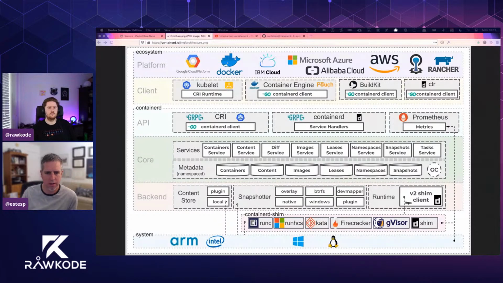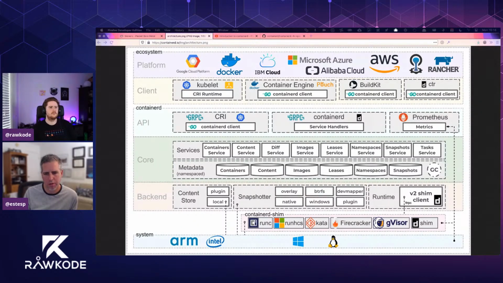So then Containerd has an API where it simplifies talking and meshing these services together. So you can think of using it from Kubernetes through the CRI. So that's that left block of the Containerd API. You're using a Containerd client Go API to do things like run a container, pull an image, and all those services are used by that API to do that.